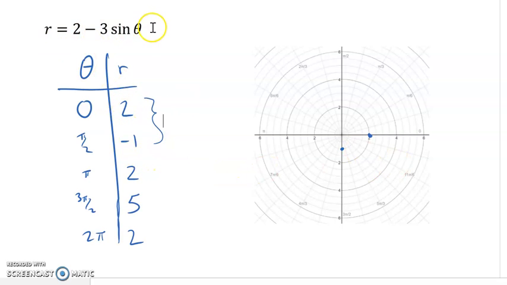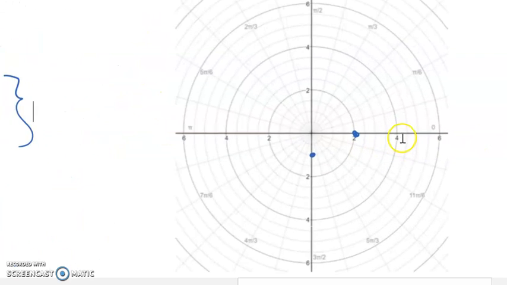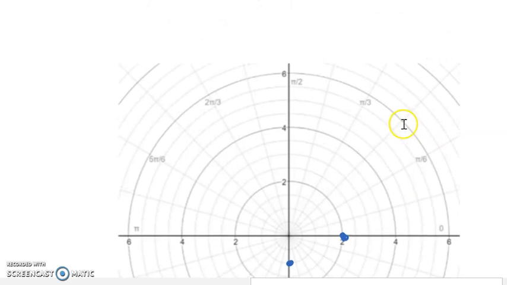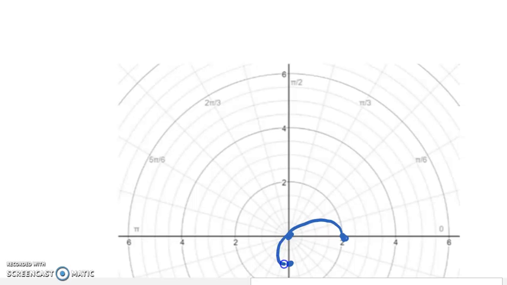So since this is a continuous function, the intermediate value theorem tells us that for sure we've got to cross through 0. There is a value between 0 and pi over 2 for theta such that the r value is going to equal 0. We know that we have to go through 0 as we spiral in. We have to hit the pole as we spiral around to here. So even though our theta values are stuck in quadrant 1 for now, our curve goes into quadrant 3 because our r values are negative. And then we're going to spiral back out, mirror image,